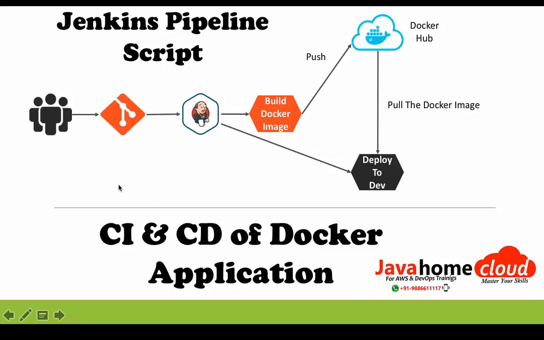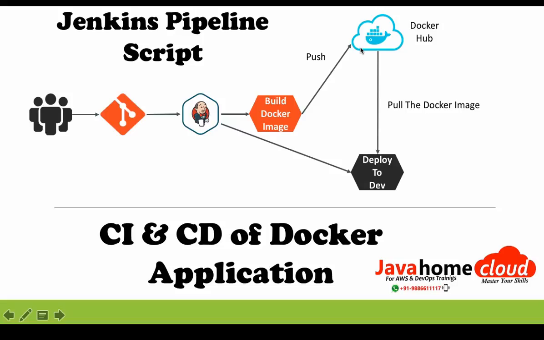So it all begins with developers commit. Developers are going to commit the code into a GitHub repository. So we have a Jenkins Pipeline script which pulls the latest code from GitHub, followed by a compilation. It also creates a Docker image. If everything goes well, that Docker image is pushed to Docker Hub, where we are going to authenticate to Docker